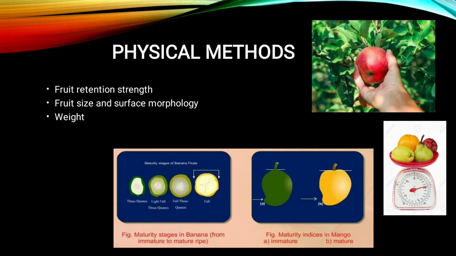In the first image at the bottom, the maturity stages in banana are shown, from immature to mature ripe. In the first, a very small slice of banana is shown. After that it is slightly growing with its pigmentation increased, and at last the fourth slice is of yellow color. That is a properly grown and matured banana, and also a ripened banana. But before that, the third slice shows a fully matured banana.